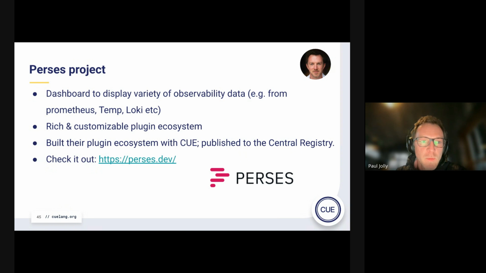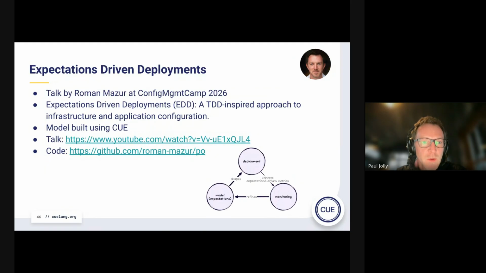Thanks again to them for helping to dogfood on that side of things. I think we've mentioned this before, but it's definitely worth mentioning the Perses project we mentioned a long time ago from memory. Antoine and team have been building a fantastic project that is an alternative to, brain is totally failing me, excuse me, a dashboard from an observability perspective. It has a very rich ecosystem that is, again, Q-based from the plugin perspective. They are also publishing these plugins through the Central Registry and using that as the means of distributing plugins for Perses itself. So please check out that project as well.